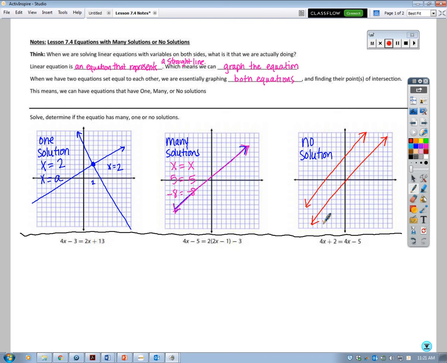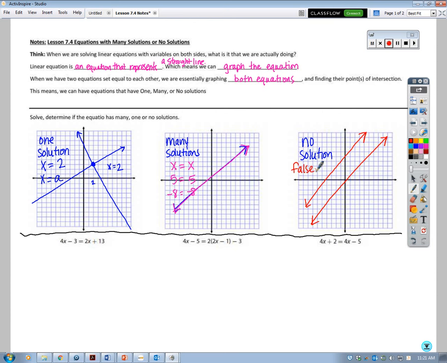So they're going to run parallel to each other, and you can actually look at these equations and they'll have the same slope, right? Because this is going to have the same slope as this one, and that indicates that they're parallel lines and they will never touch. So when you solve these equations, you're going to get a false statement,